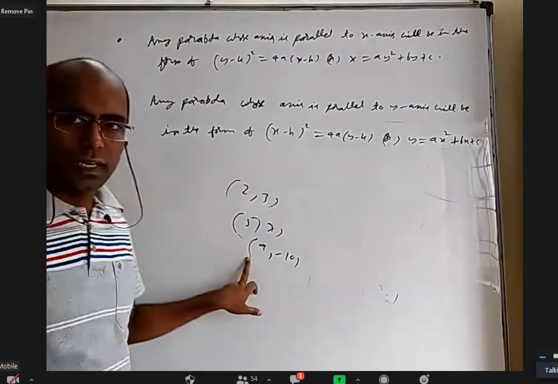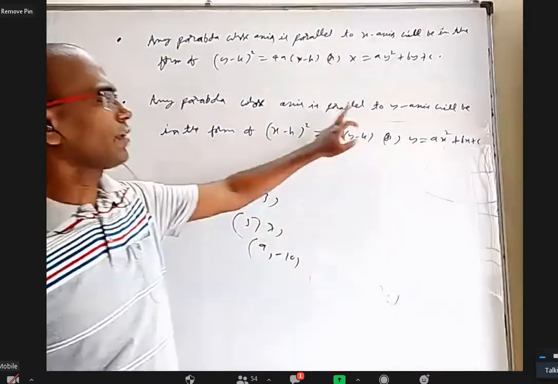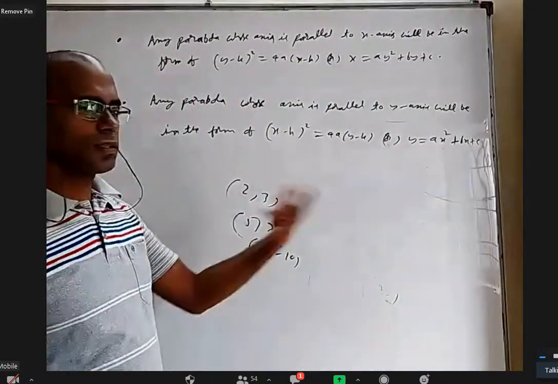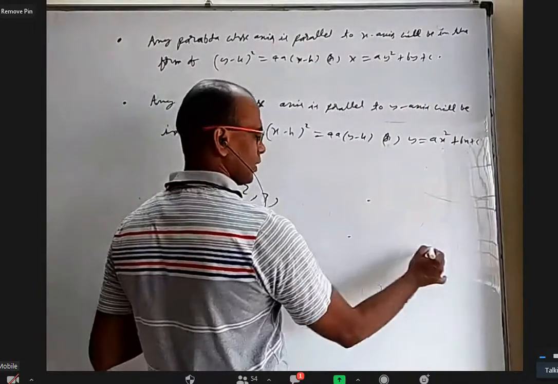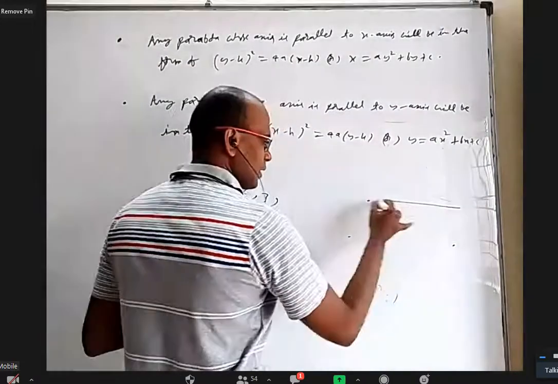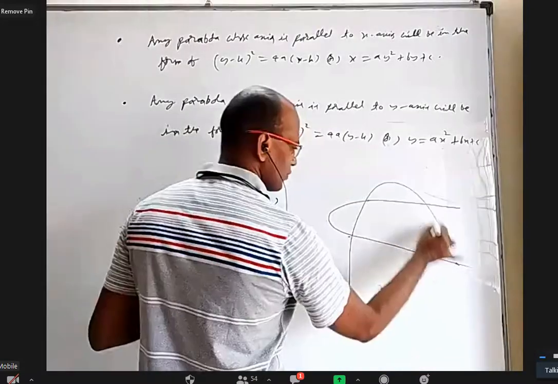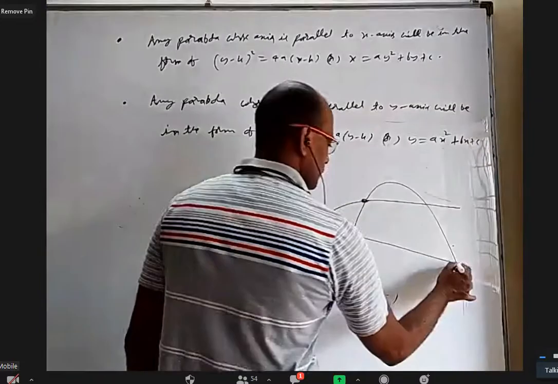Same points they can tell. Find a parabola passing through these three whose axis is parallel to y-axis. Then you should not take this, you should take this, substitute these 3 points, 3 equations, 3 unknowns. Because it is quite possible that if I give 3 points like this, you can have some horizontal parabola like this, and you can also have some vertical parabola like this, passing through the same 3 points.